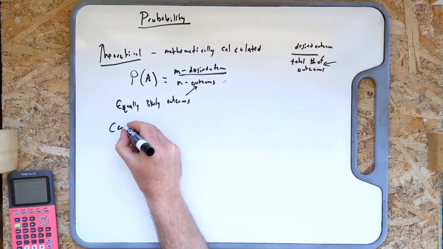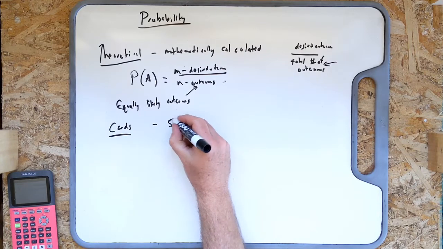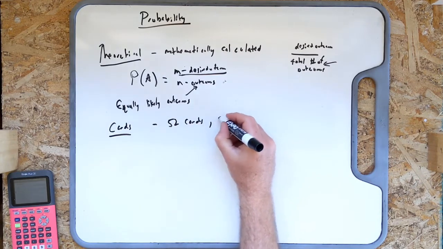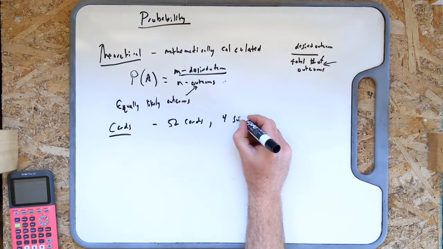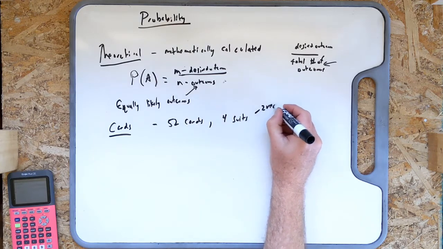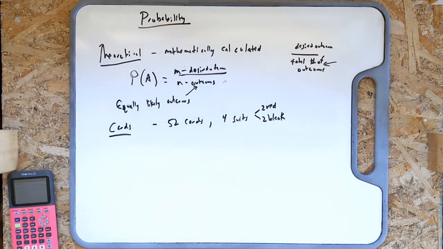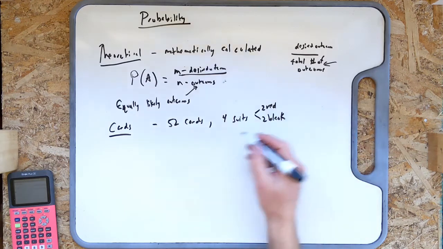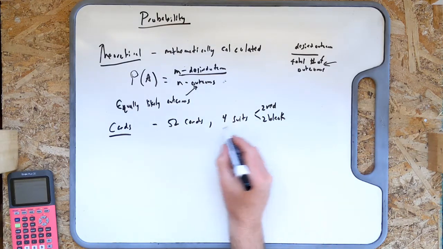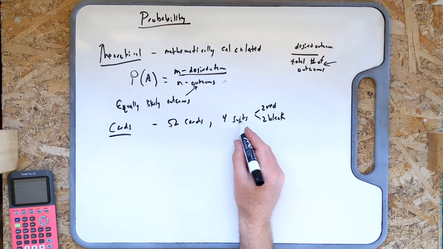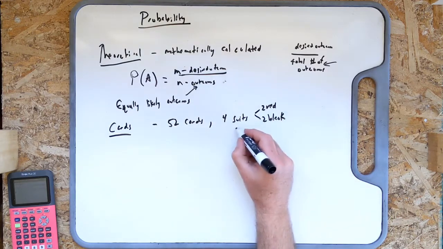So cards. A card deck has 52 cards in it, broken into 4 suits. 2 red ones, hearts and diamonds, and 2 black ones, spades and clubs. Let me give a couple of examples on this. Oh, and also just a couple of terms you'll need for some of the homework as well. Of the 13 cards per suit, there's 13 each,